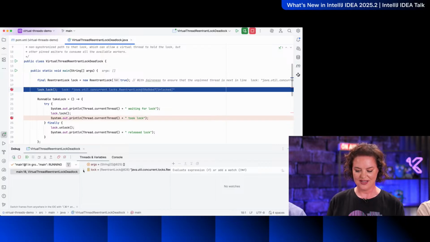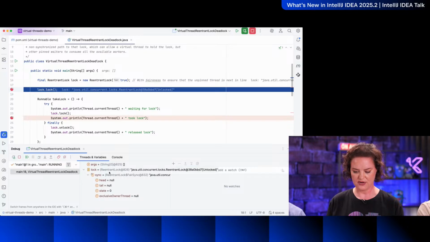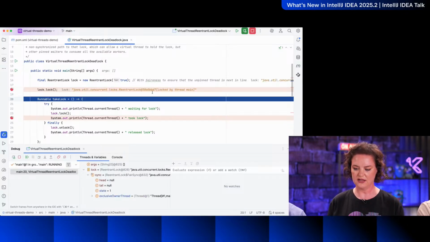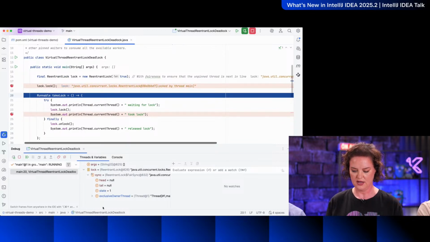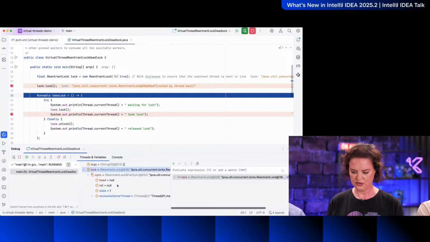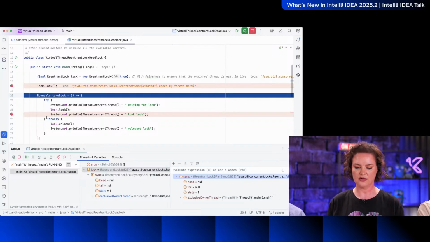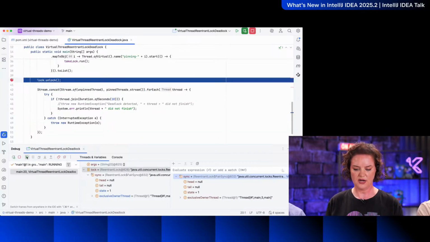So let's see here. We are running the code and we hit the first line where the main thread will take the lock. Currently, because we are at the start of this line, no one has acquired the lock just yet. So if we step over this, we see that the lock is taken by the main thread because that's the only thread that we have at this point. We see that also here. We can add to watches, so we can specifically watch what's going on with the lock on the side. So we see that the main thread has acquired the lock. And then if we run it again,